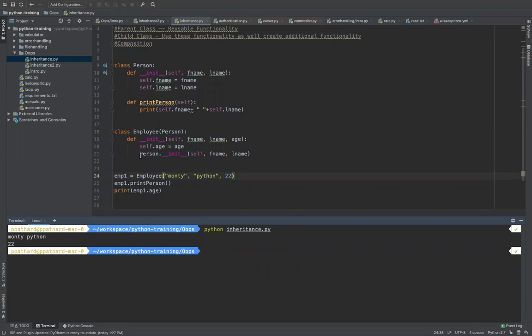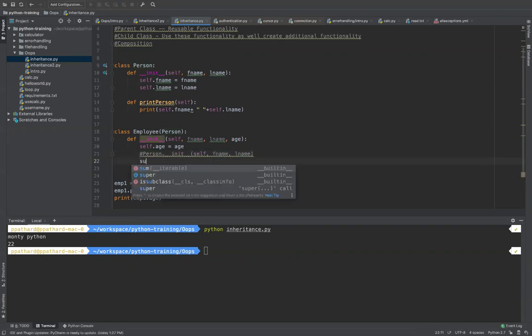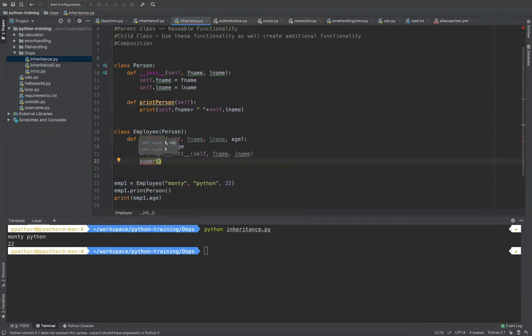Okay. Now, if you observe here, I'm taking the name of my parent class and I'm calling init explicitly, right? Now, instead of remembering who the parent is, you could use an interesting way of doing it. In all the programming languages, this concept is there called super. Super means by default, this functionality knows who is the parent of my class, right? So when I say super, I can do init directly, and instead of passing self, I just pass f name and l name, right? So this is how you can use it as well.